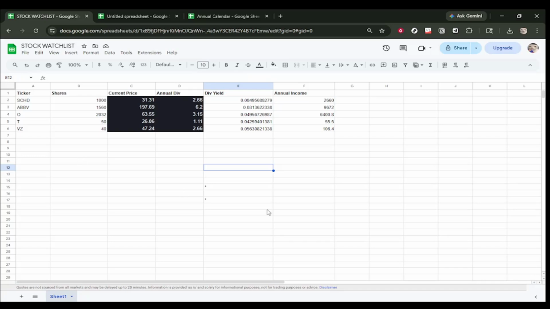In today's video, I am going to teach you how to import and store live price data in Google Sheets. Start by opening your Google Sheets stock watch list. This is where you will pull in live market prices so your sheet can update automatically instead of you typing